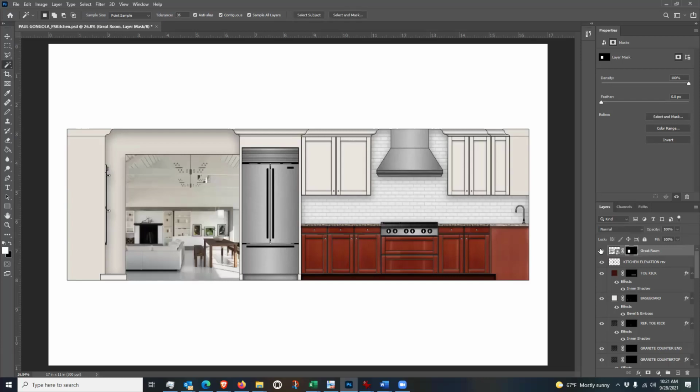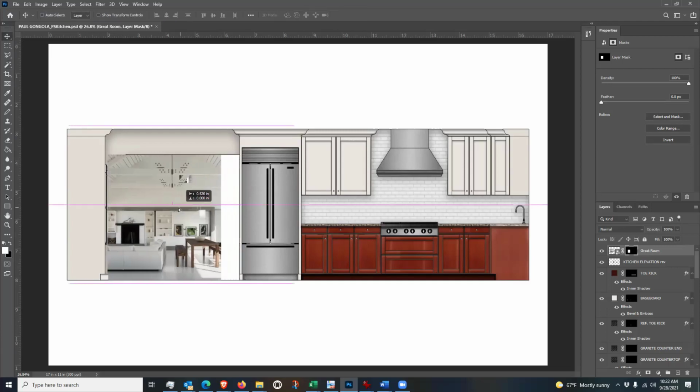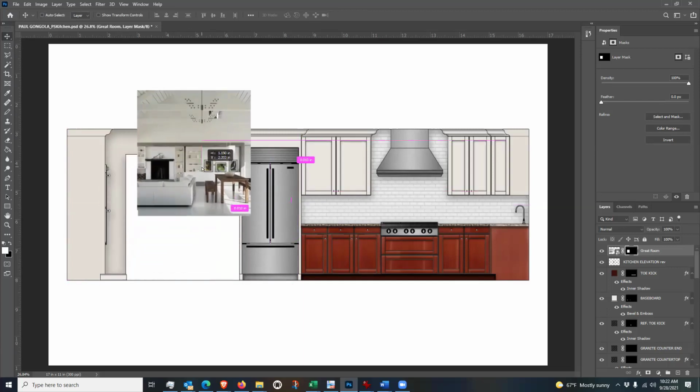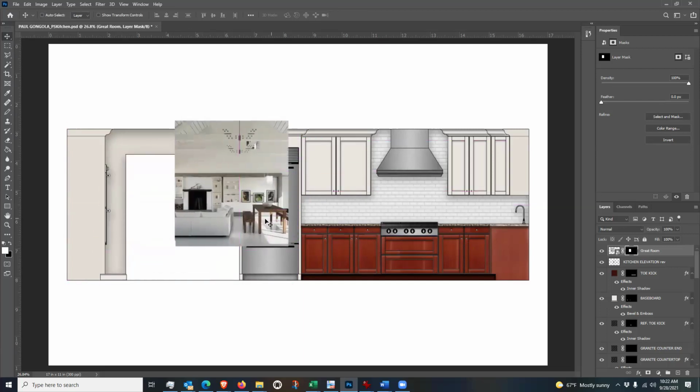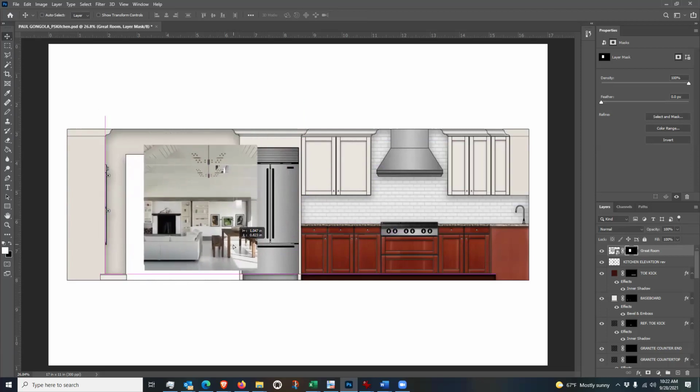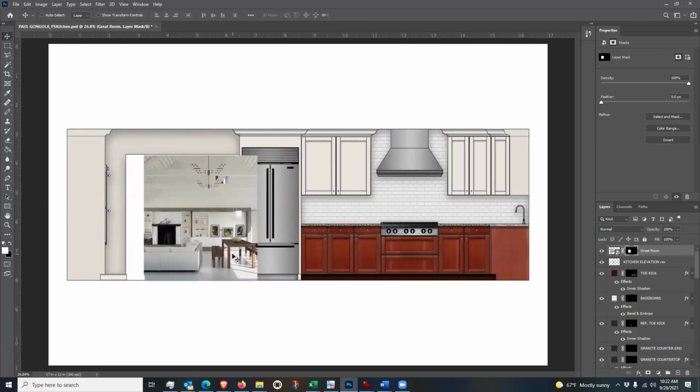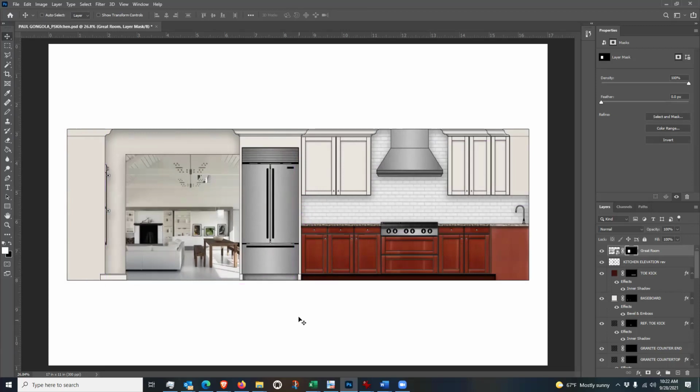Now, I don't actually think that is in the proper location. The scale, I think, is a little bit off as well. So I want to adjust that. Now, if I go over to my move tool here and I start moving this image, you see what's happening. It's moving, but the mask is still clipping the area. Let me undo that, Control Z to undo. So what I want to do is keep the mask location, but move the